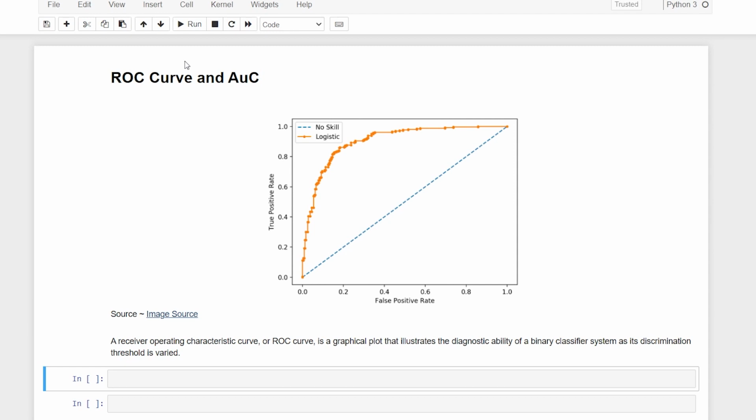Very hard to understand, but I'll tell you in some layman's terms. This curve is representing how well your model performs on different threshold values. There are some thresholds associated when we perform, let's say, binary classification. A generic threshold would be 0.5, where the values above 0.5 are going to be classified as 1 and values below 0.5 are going to be classified as 0. But we have to try it for different thresholds.